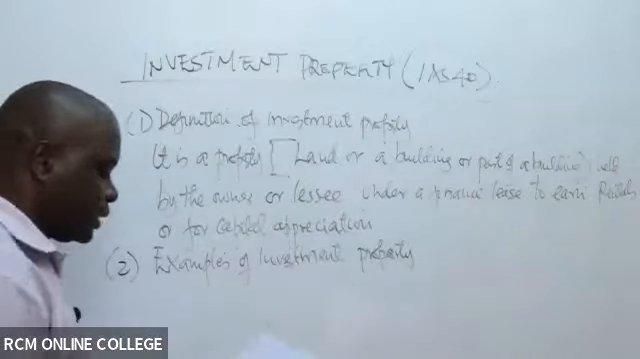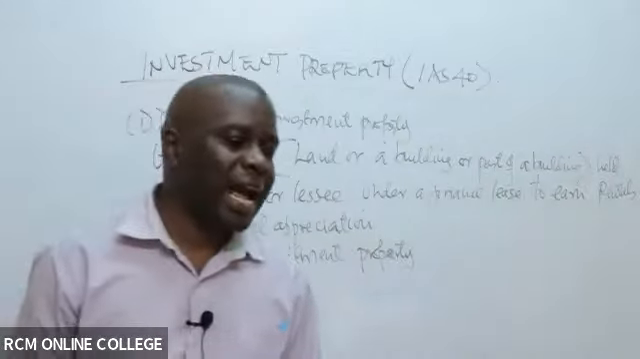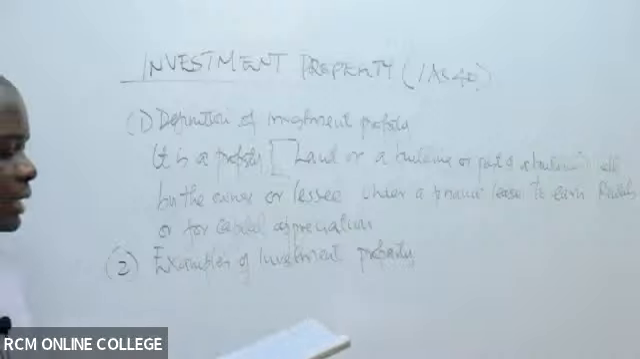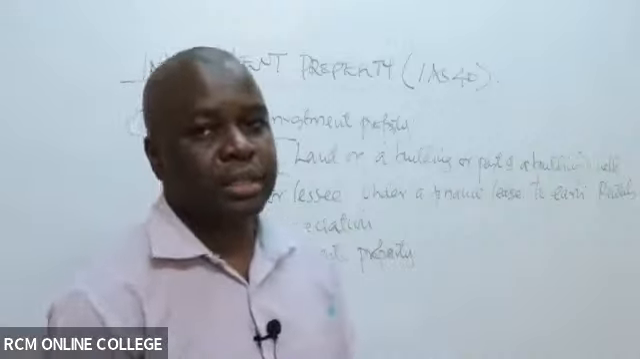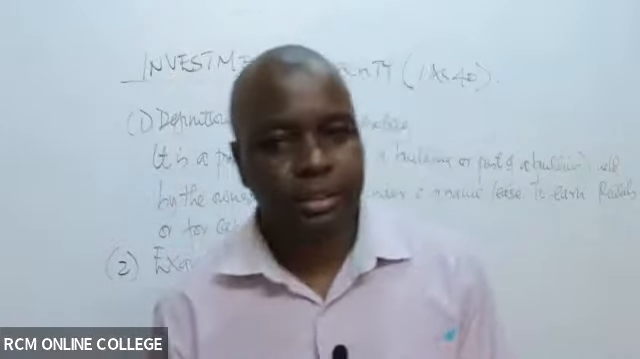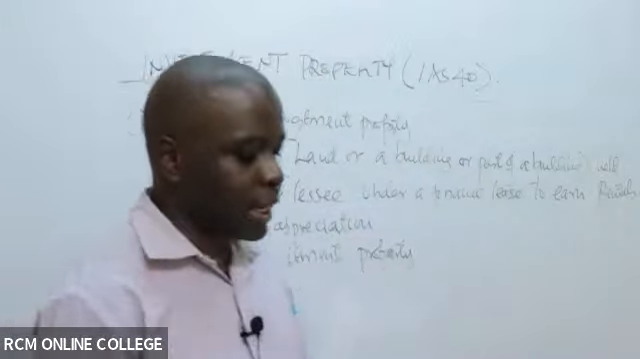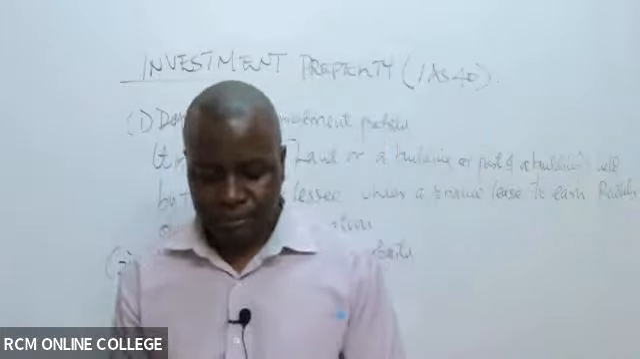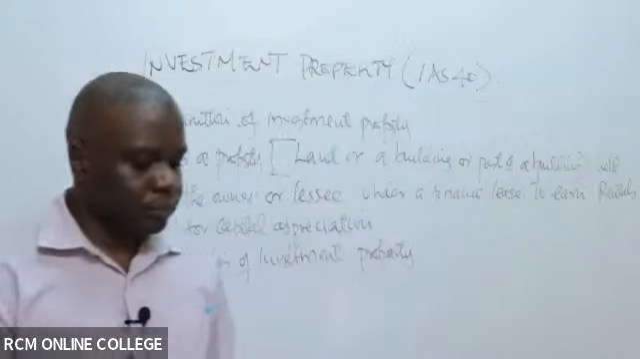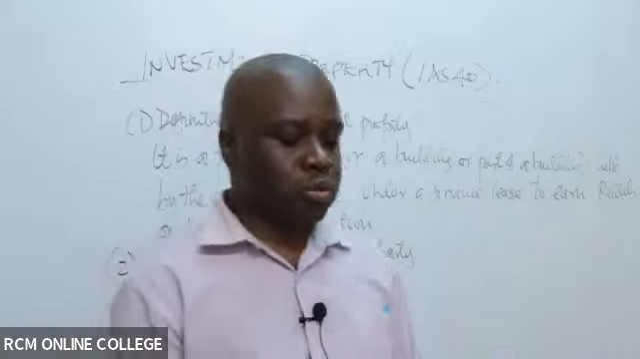Examples of investment property. So number 1, you can write: land held for long-term capital appreciation. If you don't get the point, just kindly tell me to repeat and I'll repeat. Land held for long-term capital appreciation. Then number 2,